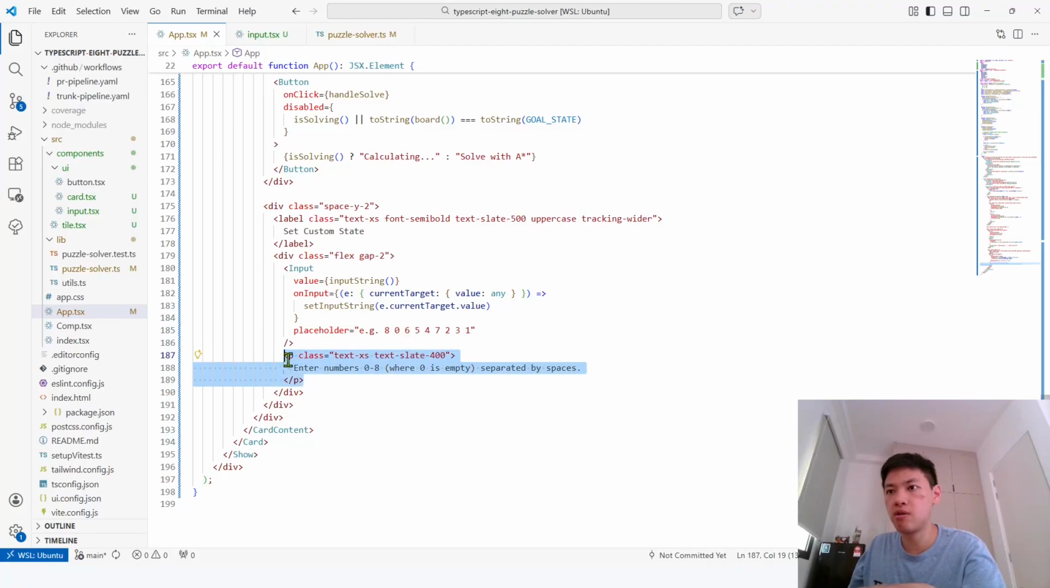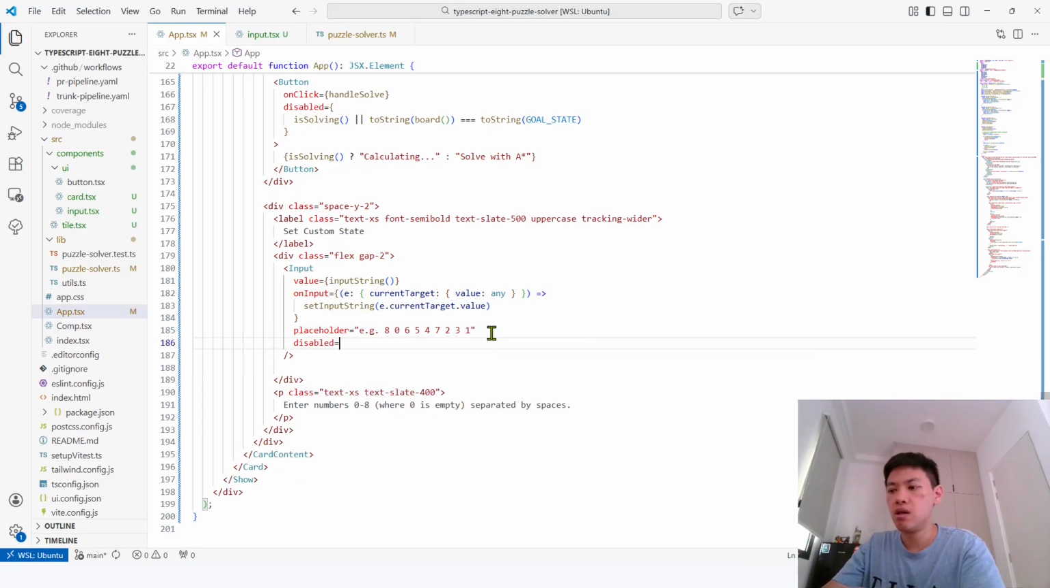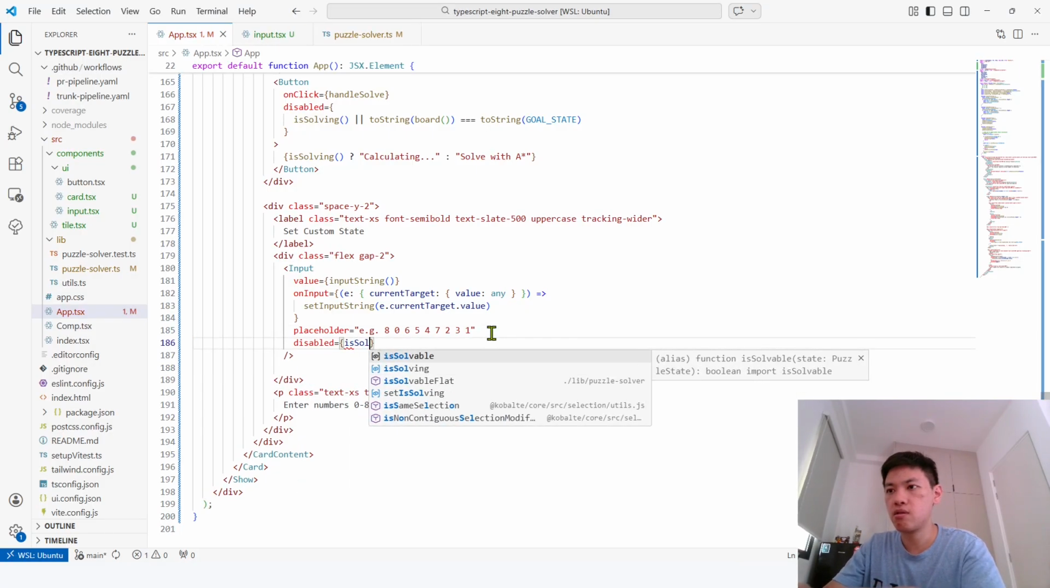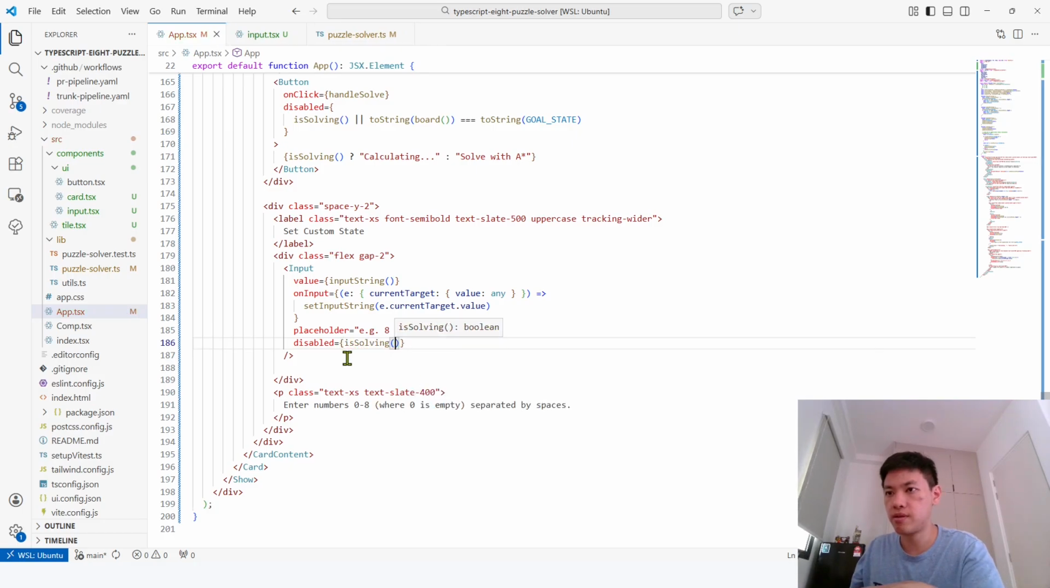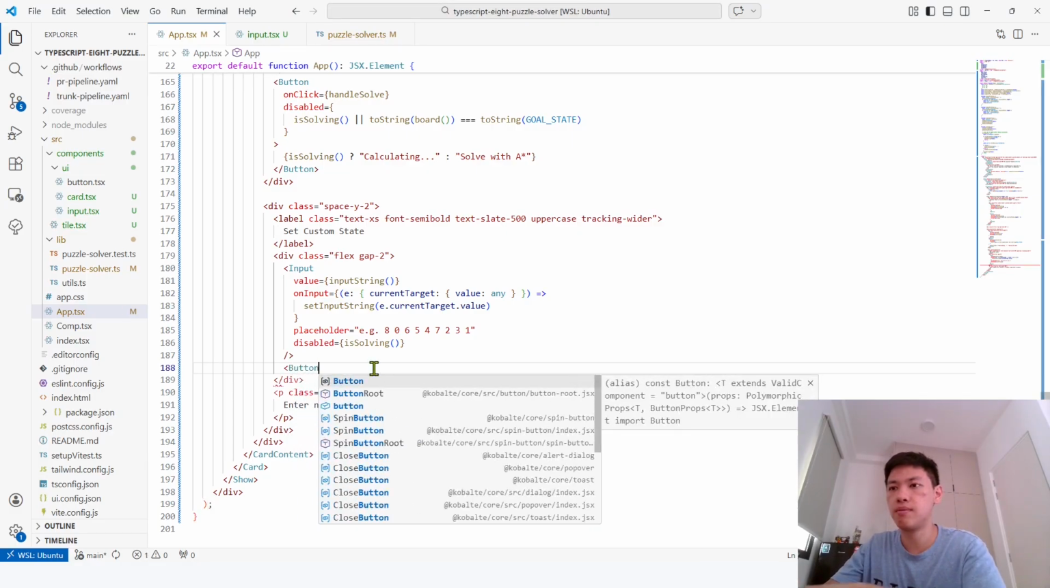Oh, sorry, the paragraph should be outside of the div, but something like this. Okay, custom state, and then it will be disabled if it's solving. Next, we are going to create a button to set